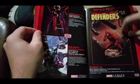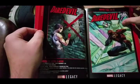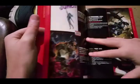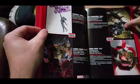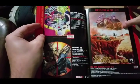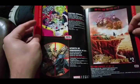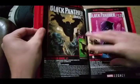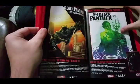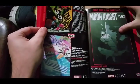I like that cover there. And then they have the Mayor Fisk storyline going on. Daredevil. The Kingpin is the mayor. Old Man Hawkeye. I don't know if you remember, but it's an offshoot of Old Man Logan. He was the driver in that story, which is odd because he's blind, but